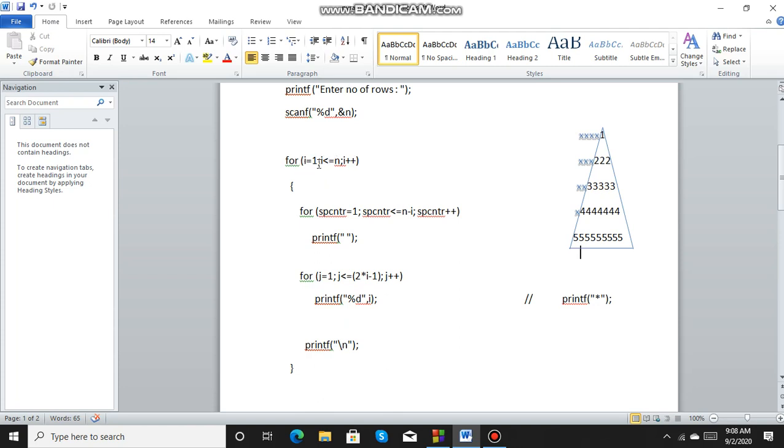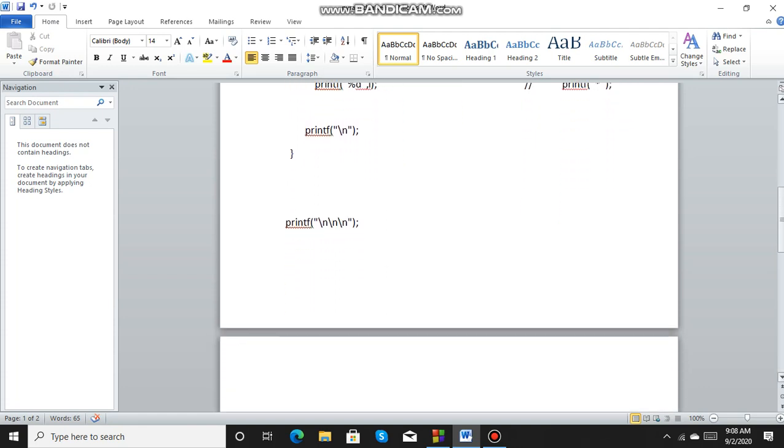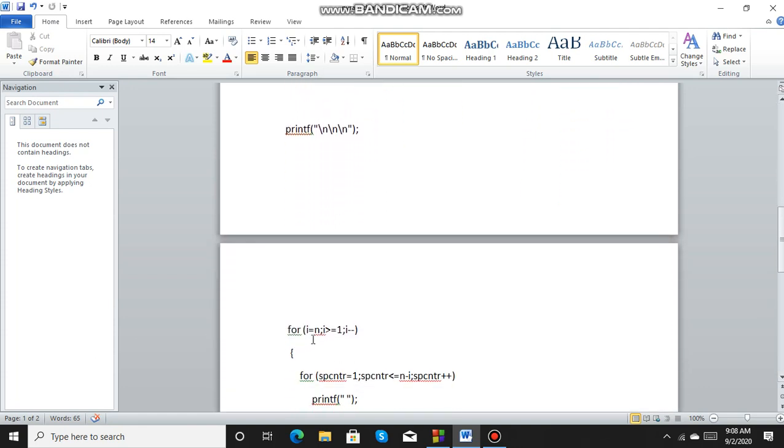The only change I have to make is in this for statement. If I put this for statement, I is equal to n, I greater than or equal to 1, I minus minus, instead of that, it will give me the inverted pyramid.